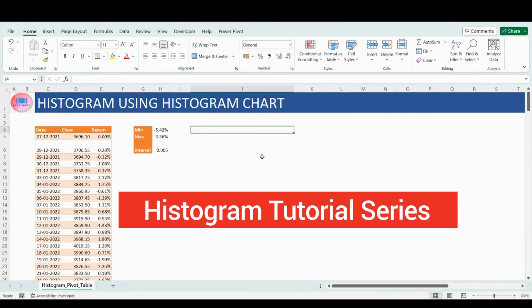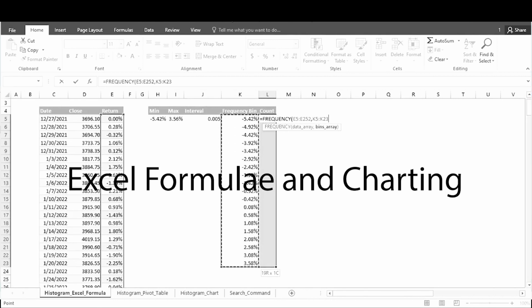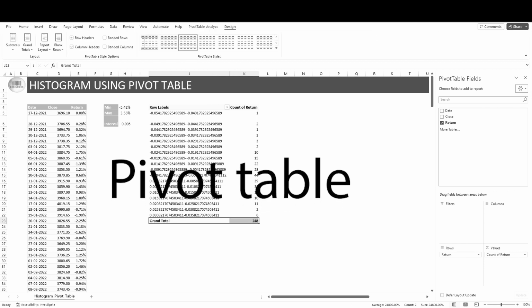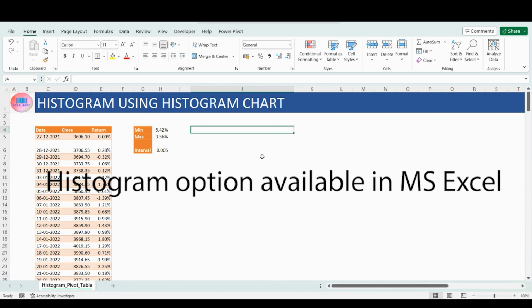In our histogram tutorial chart series, we have explained in the first video how to create histogram using manual calculation using Excel formulae and Excel charting. In the second tutorial, we used pivot table to create histogram chart. Now, in our third video, we are going to show how to create histogram chart using MS Excel histogram option